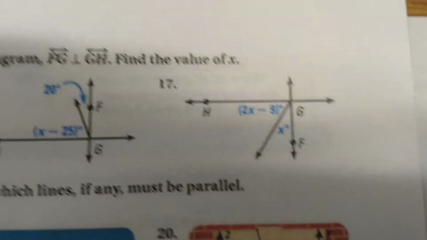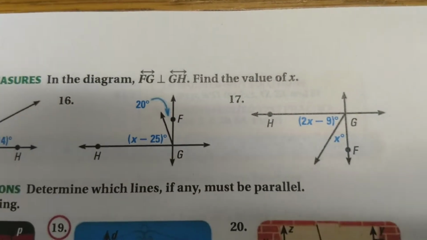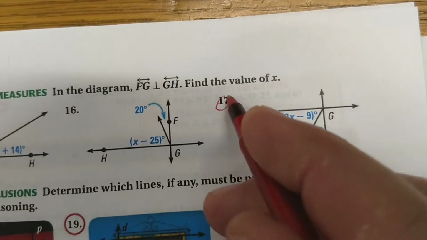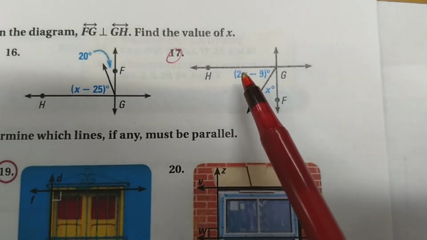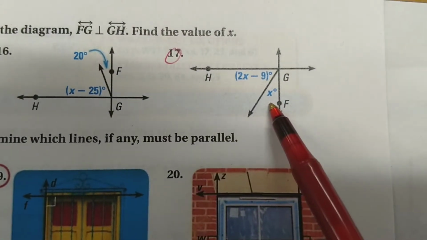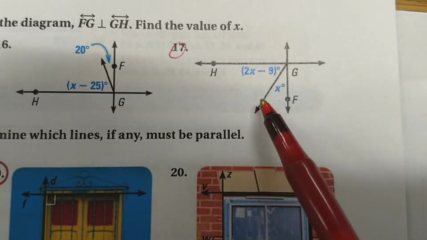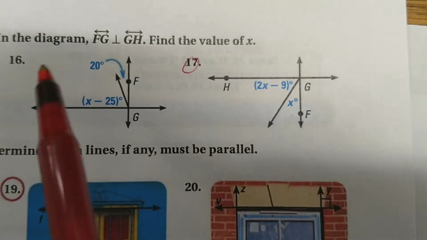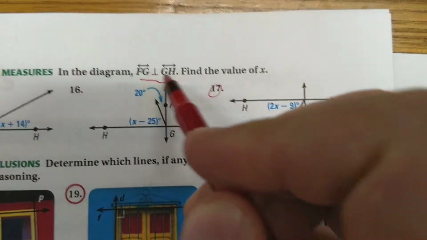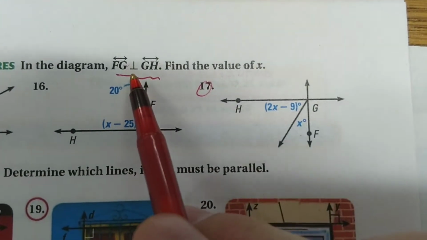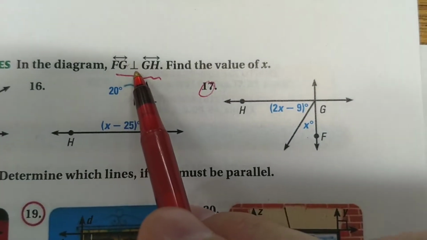We're going to look at an example now of how we can find angle measurements, and we're looking here in number 17 at this diagram where you see a couple of angles that are formed by two lines crossing, another one coming out from that point. The important thing to recognize is what's written up here in the directions, that line FG is perpendicular to